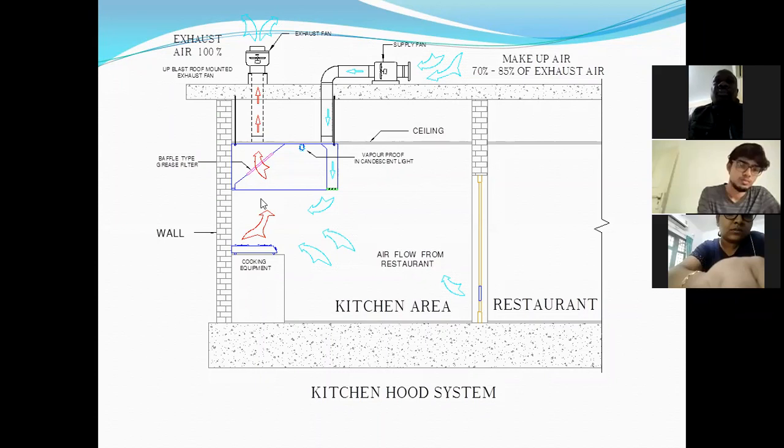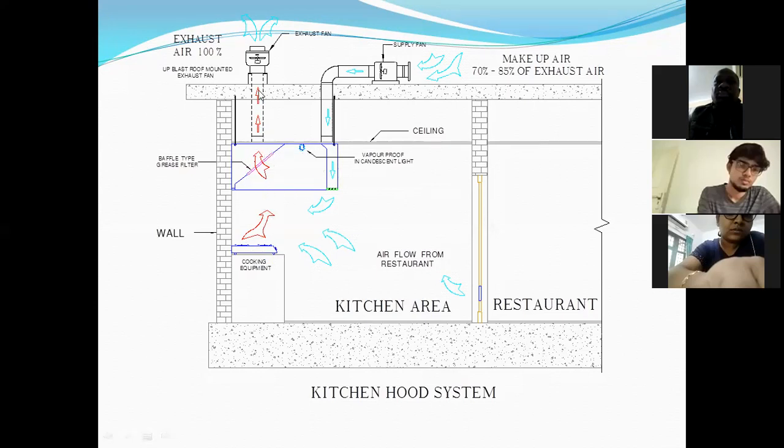Just don't think that this kitchen hood is just a metal sheet box. Not that. There are many things inside that. There are baffle type filters there. Vapor proof candles and light will be there. Some filters, baffles, everything will be included in this kitchen hood. Understood? So you can see this red arrow shows the fumes which are passing through the kitchen hood,